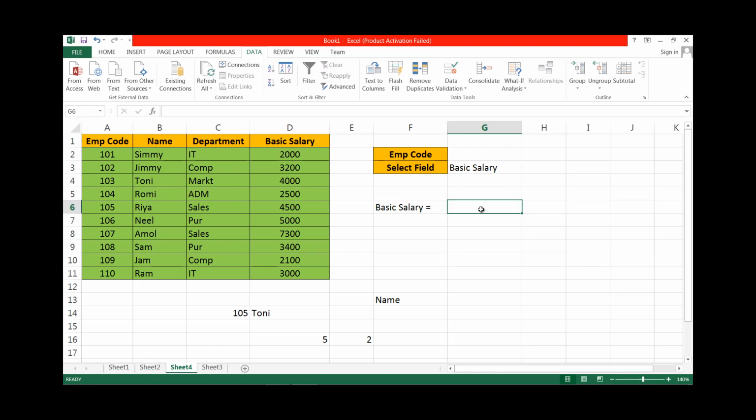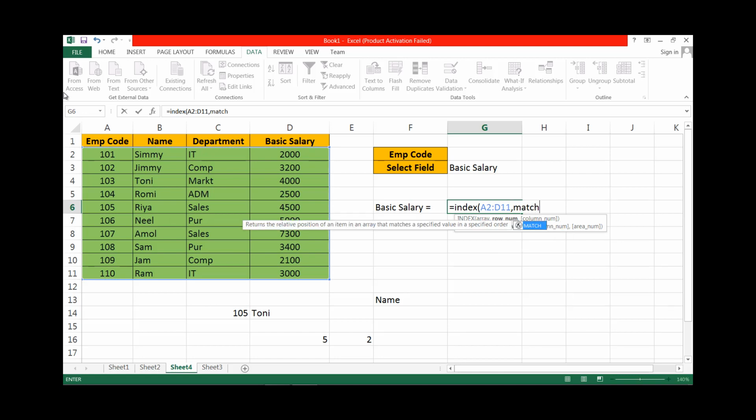Then let us combine the index function and match function. Here we use the index function. The array is this one. Then for the row number we don't want to assign a fixed row number, therefore use the match function. For the match function the lookup value is the employee code. We want to search the value in this range.